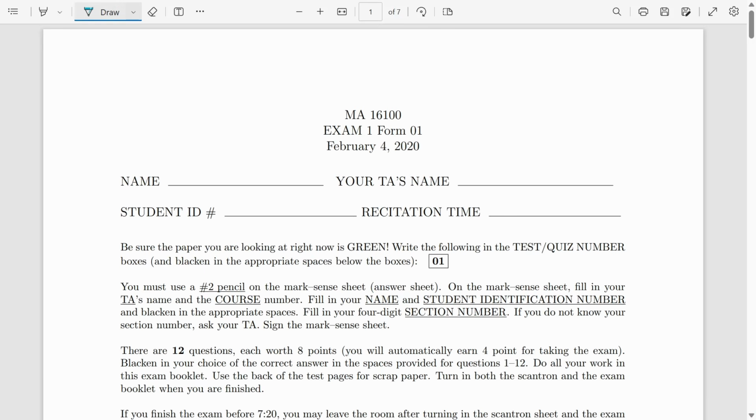All right, this is MA 161's Spring 2020 Exam 1. This was, I think, the last or the second to last exam that the math department gave right before the COVID shutdowns happened, like in mid-March or something. They might have given out the midterm too by that point. But this was right before all the lockdowns, and I was planning to do fall 2020's exam one instead,